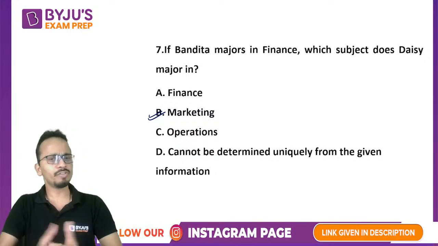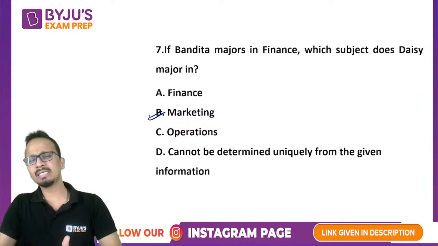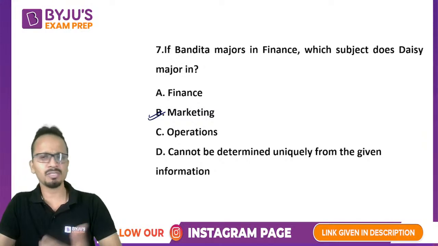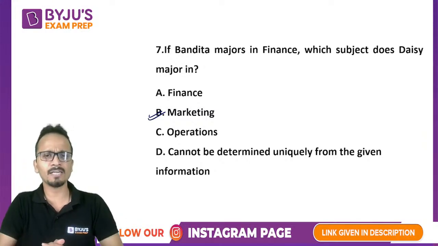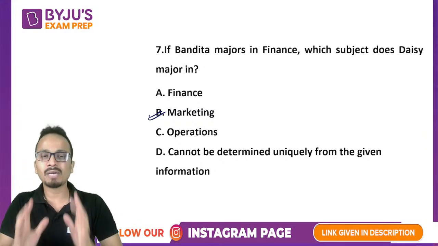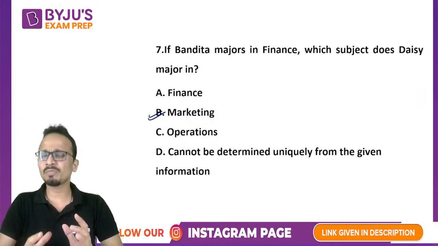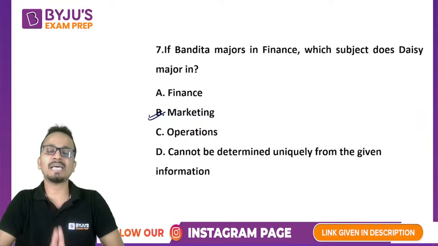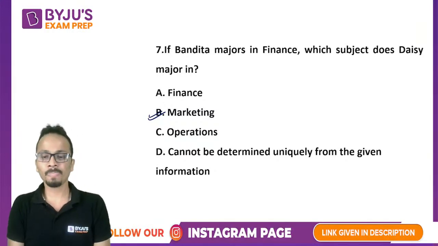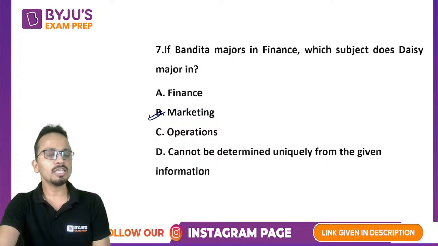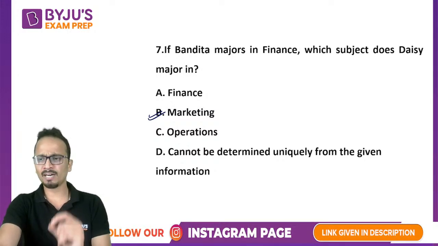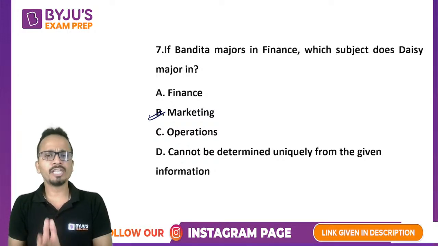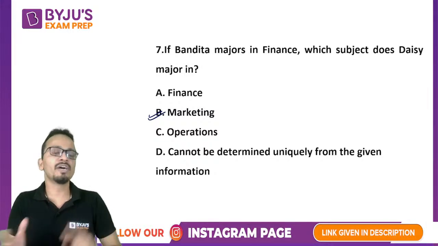Now we are sitting in the month of May, and CAT might be in the month of November. This is the expected month for CAT. So we have a good 6 months in our hand, and these 6 months are more than enough if we start practicing these types of questions from now onward. So the correct way of dealing with all these things should be, first of all, you need to finish up all the basics of reasoning.